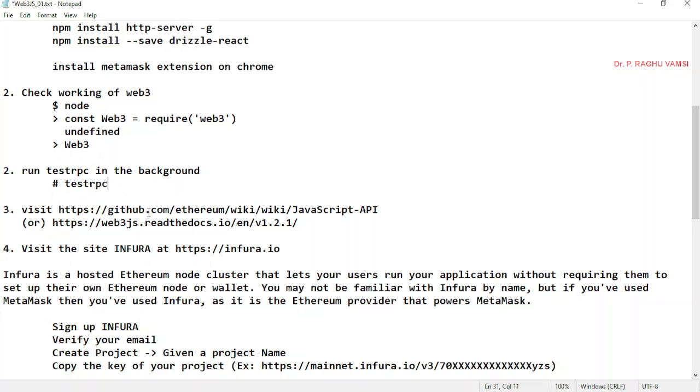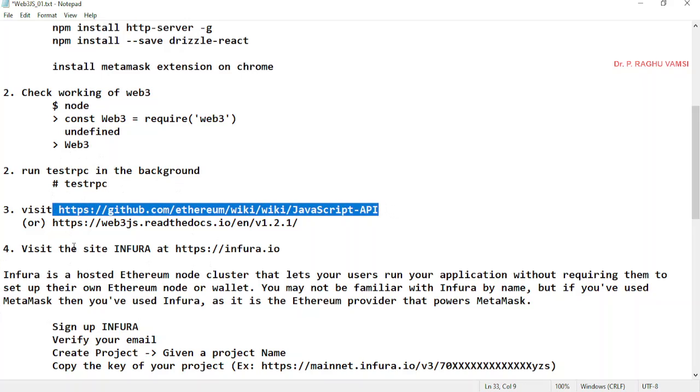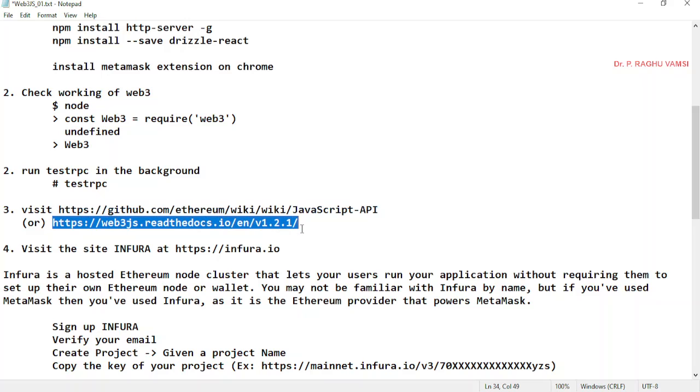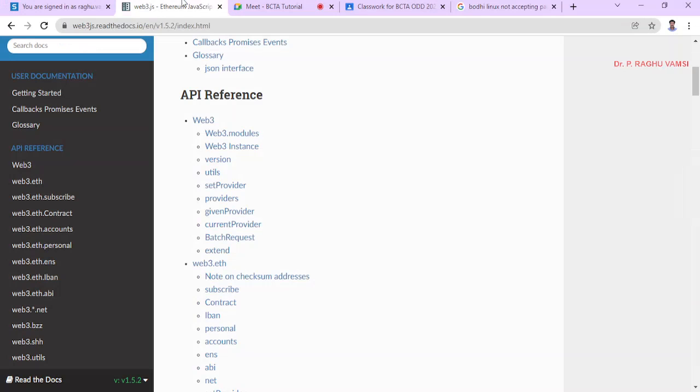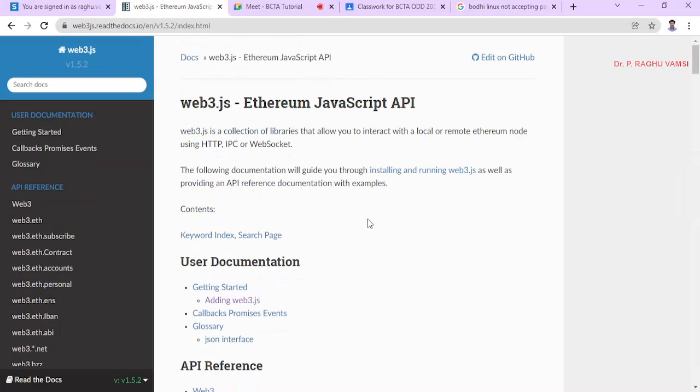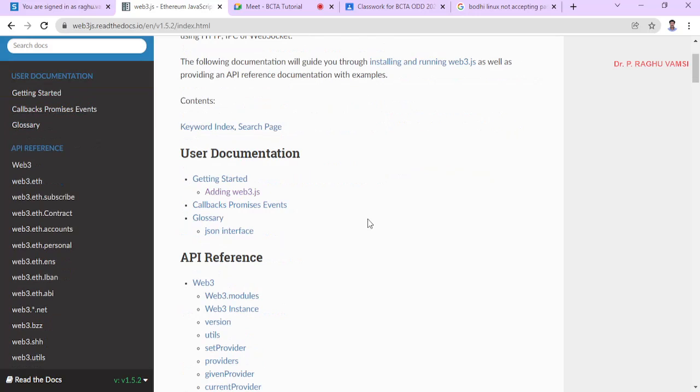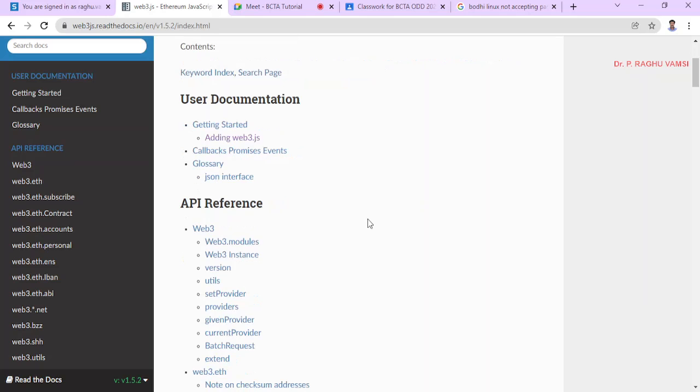Next one is to visit this website, the JavaScript API, or you can go through the Web3.js documentation. Once the APIs are set up, you can start writing the programs.